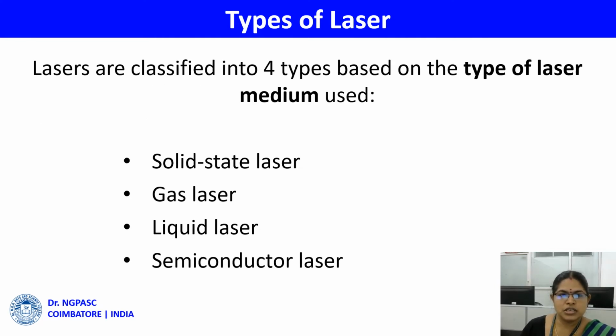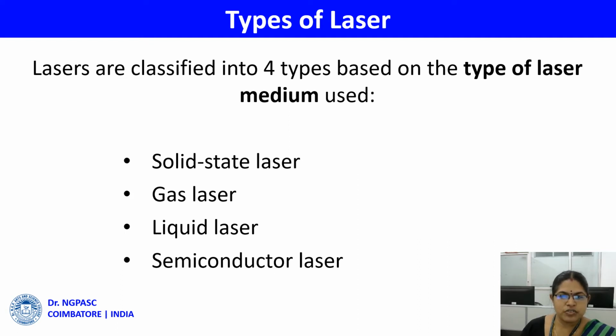So what are the types of lasers? Lasers can be classified based on three different factors. One is mode of operation, another one is mechanism, that is, the population inversion achieving mechanism. Third one is state of active medium. Based on mode of operation, laser is classified into pulsed laser system, Q-switched system, continuous wave laser system. Based on population inversion condition, as we discussed earlier, three-level laser system, four-level laser system.